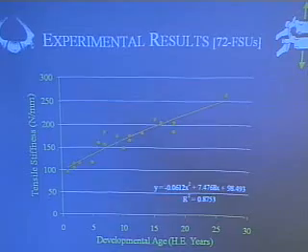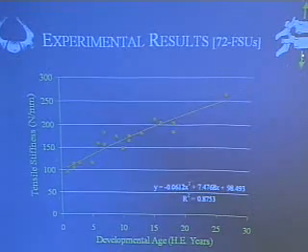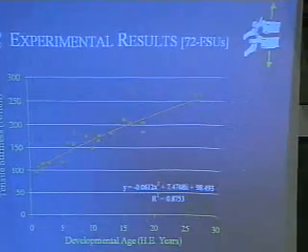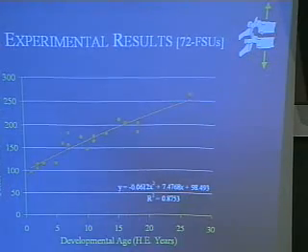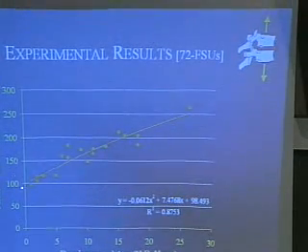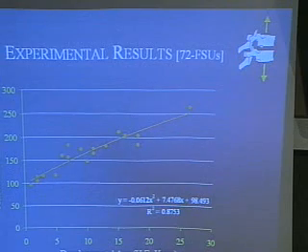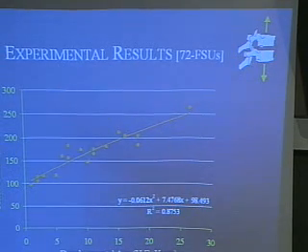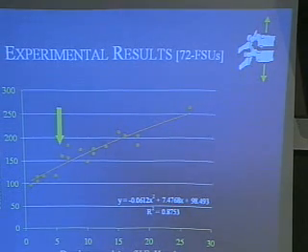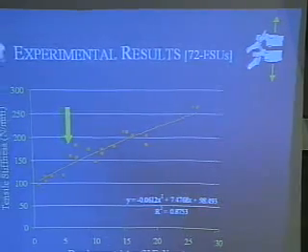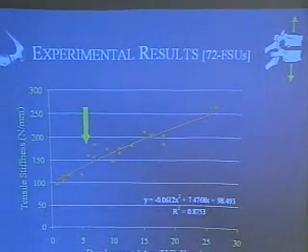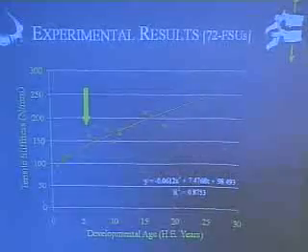And finally, I show tensile data here. So now we're pulling on that same specimen that we pulled on in the previous test. And the tensile stiffness significantly increases with developmental age. Again, I'll show the 6-year-old here. And this is what we're going to be primarily talking about for the rest of the talk, the mechanics of this 6-year-old in tension.